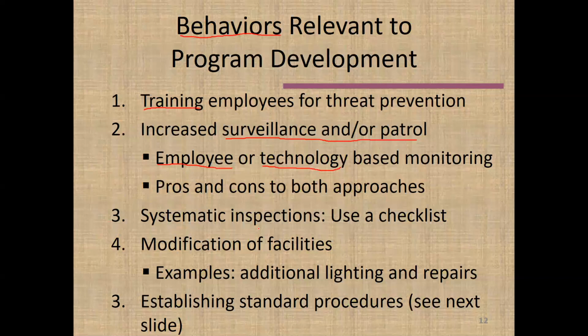For example, the inspection of your elevator needs to be done annually. There may be other things that need to be checked much more regularly, but there certainly will be things we need to check much more regularly. So it's a good idea to use some kind of checklist. You certainly can purchase one that's generic, but you're probably going to want to take a generic one and gear it towards your particular hotel's needs, because obviously the circumstances of your hotel are going to be slightly different than other businesses.